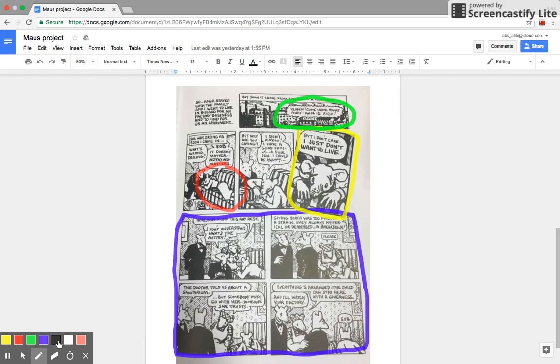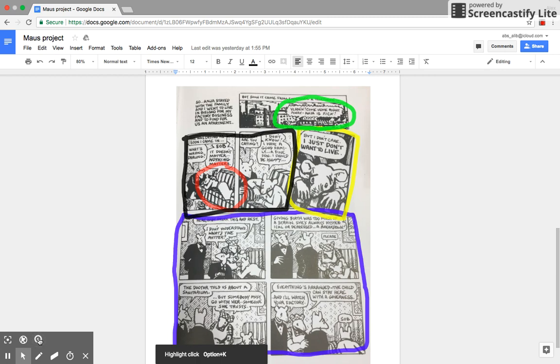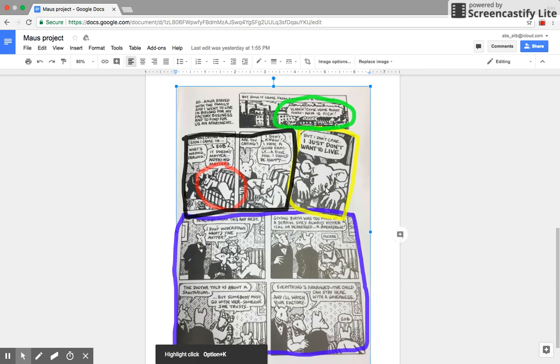In the first panel, the scene begins with only the city visible with a speech bubble over it. In panels 2 through 3, it shows the inside of the Zeilerberg house and shows Anja on the couch, clearly upset. In panel 4, it is completely zoomed in on Anja's face. The zoom that is demonstrated in each panel conveys a more dramatic reveal of Anja's true emotions and the intense feeling behind the statement, "But I just don't care, I just don't want to live."